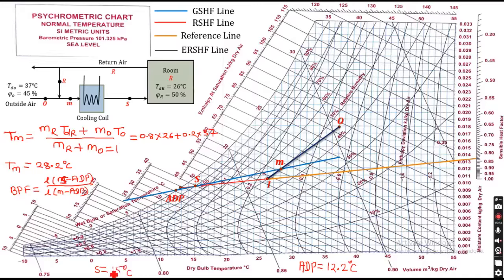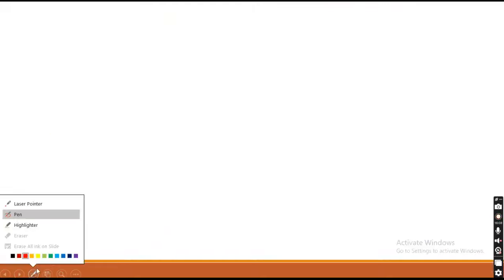So this data we have. Later on we will come to this chart again, but we have to find the next points. Let me change the color of the pen. So what data do we have now? We have supply temperature as 15 degrees Celsius, and the apparatus dew point temperature,